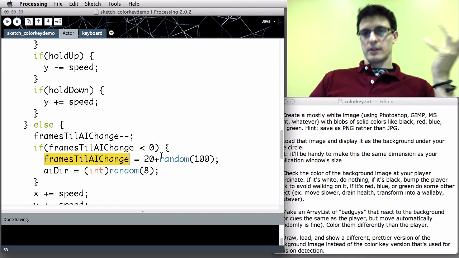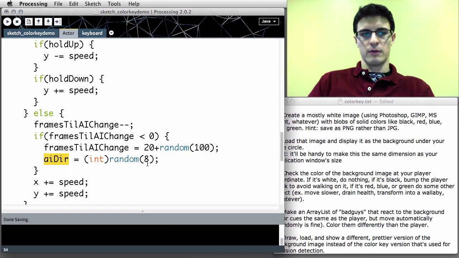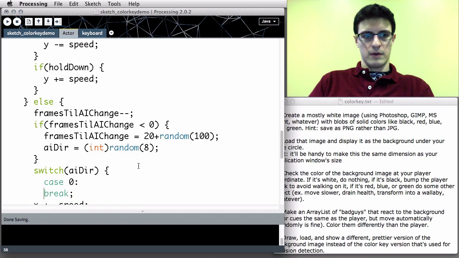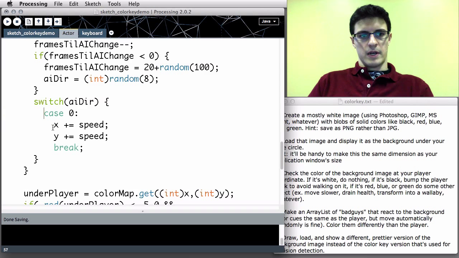So this way, every between 20 and 120 frames of the application running, the AI is going to pick a new direction for itself, which we can then switch on. This is going to look like a lot of code. There's going to be a lot of copy and pasting. There's more elegant ways to solve this, but under the circumstances, I'm just trying to do a quick demo. All right, so